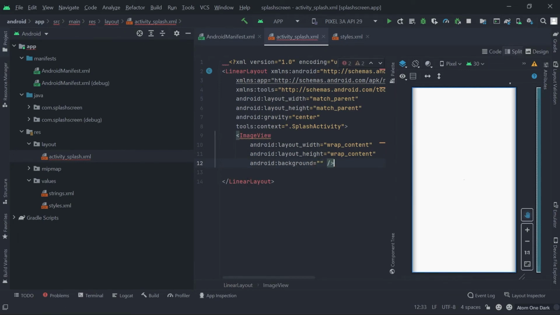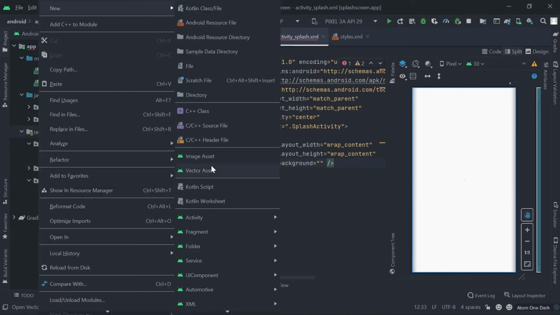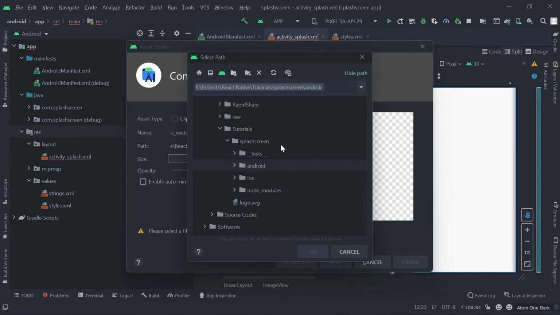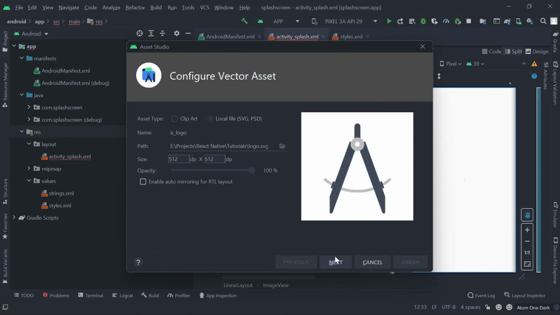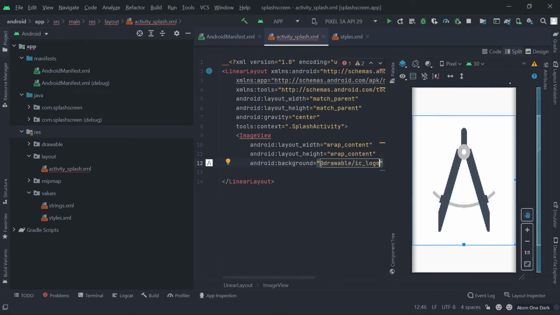let's create a new asset. Just click on resources, go to new and then create a vector asset. I will select a local file for this. I will select an SVG file and just click on next and then finish. Here you can see a new folder named drawable. Just type drawable.ic here